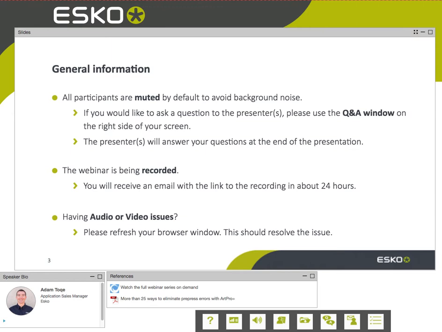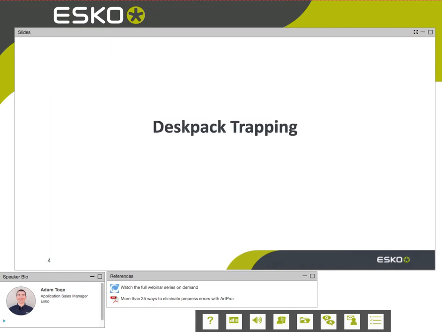So with that, let's talk about trapping. First of all, I'm going to be talking about two different programs. I'll be talking about DeskPack, and then I'll be talking about Art Pro Plus. The nice thing is that it's the same trapper in both pieces of software. So if you're unfamiliar, DeskPack is our set of plugins for Illustrator. So when you work in Illustrator, it adds additional windows and additional technology for printing